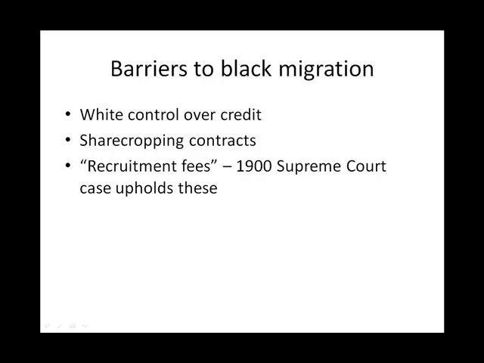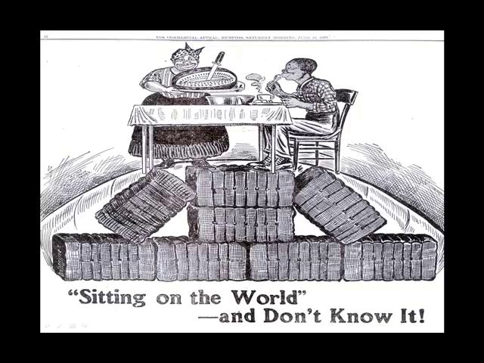And when we look at this question of what are some of the barriers to the migration and how did Southern whites respond, we have to consider in these responses general attitudes toward blacks in the South. If you look at the case of Southern extremists, people who were very militant about their ideas toward African Americans and who saw them as basically inferior, many of the Southern extremists welcomed the departure of blacks from the South. On the other hand, Southern moderates, a much larger proportion of the Southern population, were willing to make concessions to black workers to keep them from leaving.